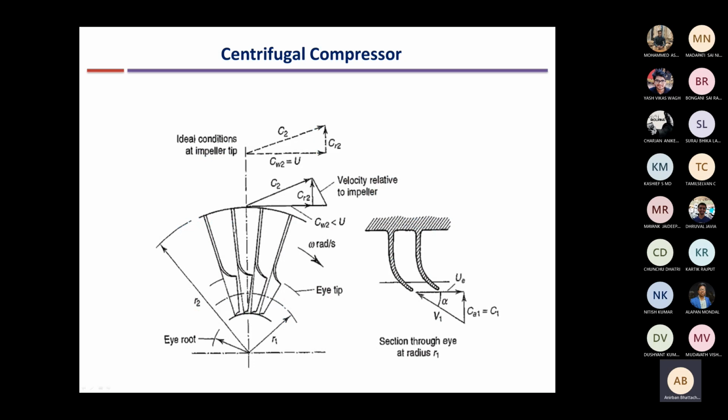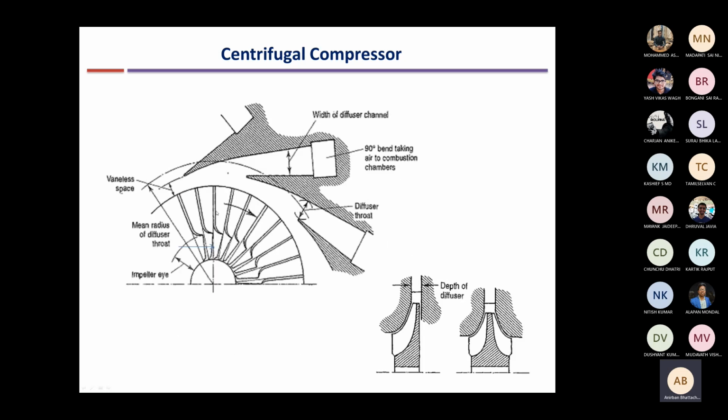Same schematic diagram, but now the diffuser is not shown because all the work input occurs in the impeller. The diffuser is like a normal diffuser, the opposite of a nozzle, so there is no work input. So stagnation enthalpy remains constant. The only change is that static enthalpy and static pressure increase at the cost of kinetic energy. All the work input and all the increase in stagnation enthalpy occurs in the impeller. There is no increase in stagnation enthalpy in the diffuser; it remains fixed. This can be easily seen from the first law, because there is no work input or heat output in the diffuser, so no change in stagnation enthalpy occurs. All the stagnation enthalpy change occurs due to work input in the impeller.